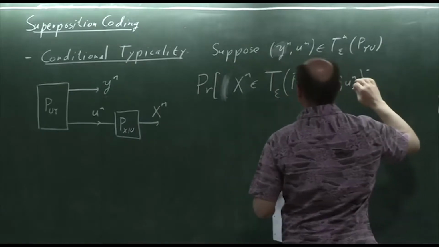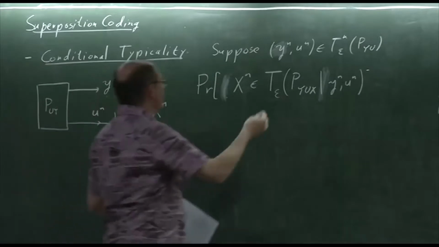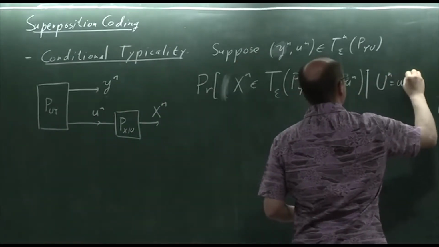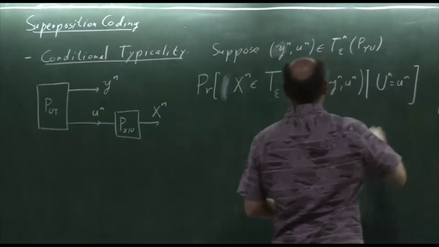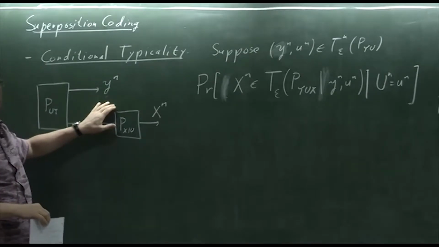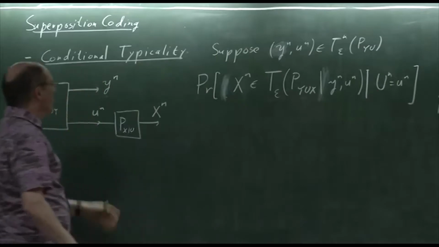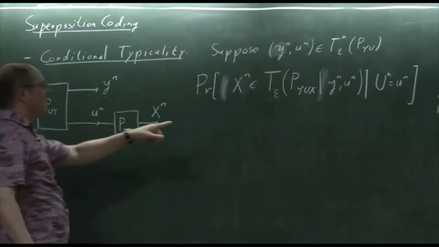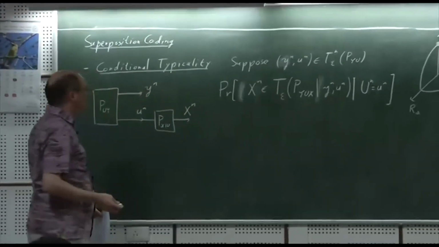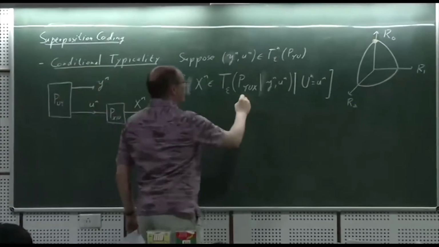Oh, no, I need one thing more. Of course, this one here is created with respect to u^n, so I do have to put in here conditioned on x^n was produced with respect to u^n. Otherwise, if I didn't include this, then I'm basically saying x^n is being created independently, right? So that's why I need this conditioning. Okay, so we had this problem last time, and because of the Markov chain, if this